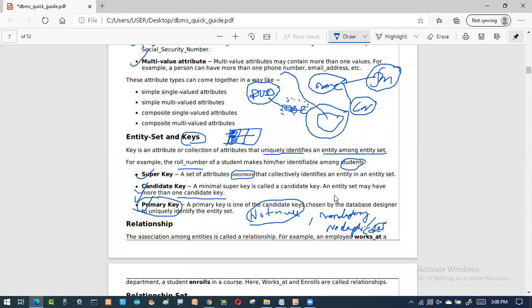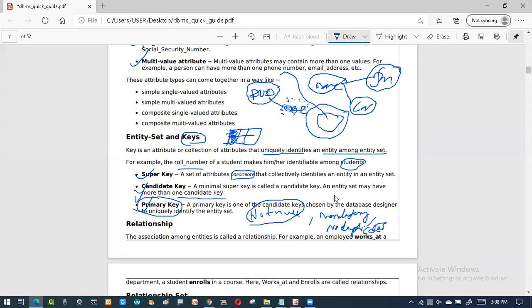As I told you, there are a lot of attributes, something like ID number or roll number, other number, contact number. So we have been identifying some of the keys, and among those we are going to pick the one which is more important, so that it can be linked with all other departments, that is, all other entities. So this is about the entities, about the attributes, and about the keys.